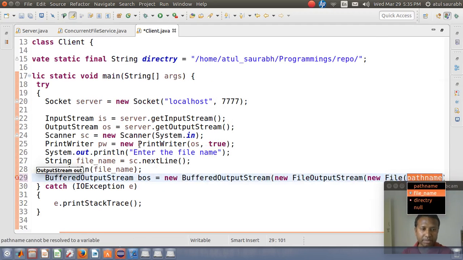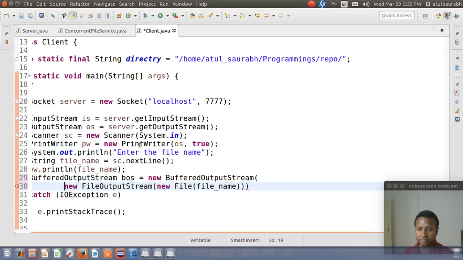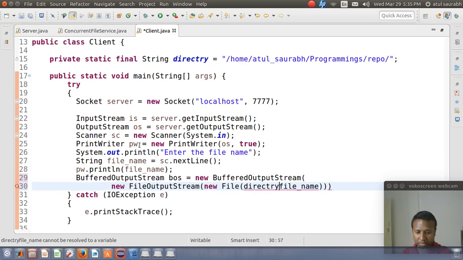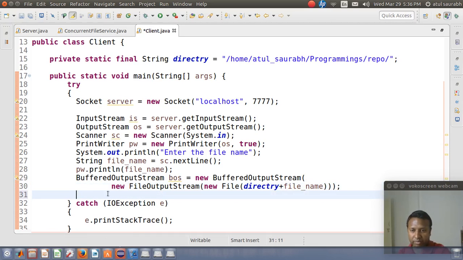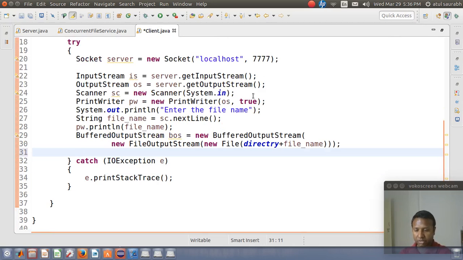Here we require not only the file name but directory plus file name. So I require a buffered output stream for getting the bytes from the server, and then those bytes will be stored in a file. So here is the content.